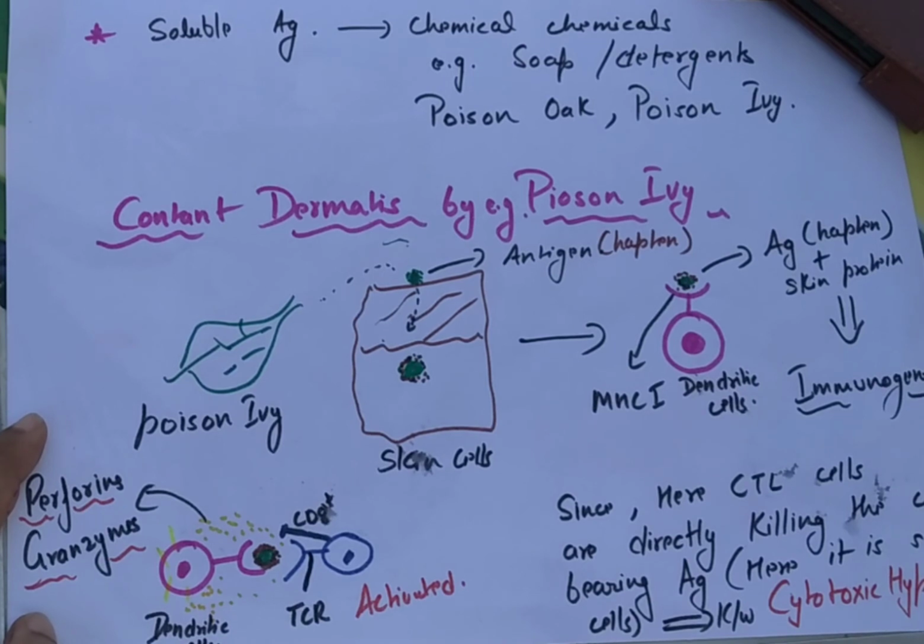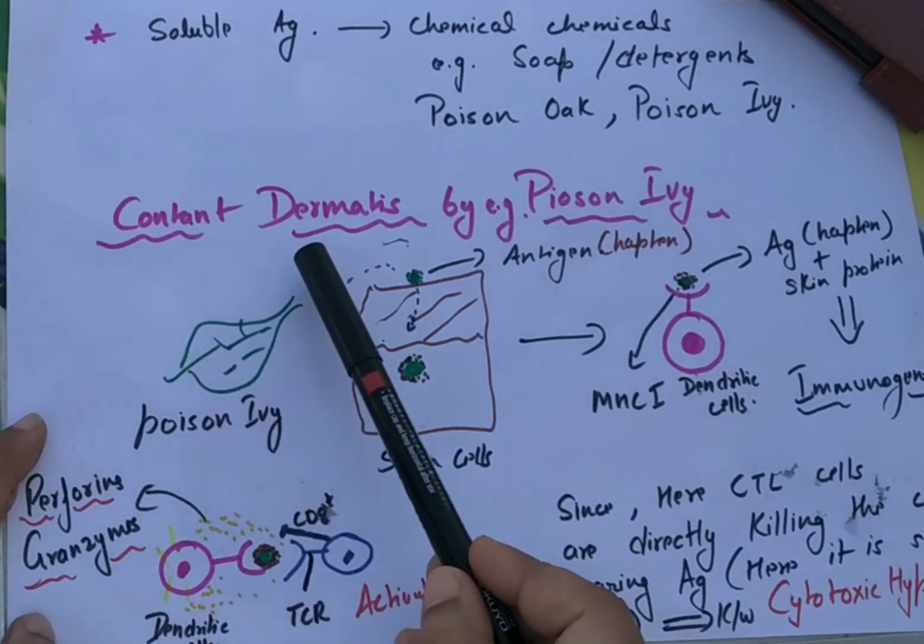The first thing you have to remember is that it works by T cells. It can be both TH and TC, but generally by TH. If TC is involved, then it will cause direct killing. If TH is involved, then it must be activating macrophages which release certain cytokines and they kill the cell. Okay, the common example is the tuberculin test. Another common example is contact dermatitis.